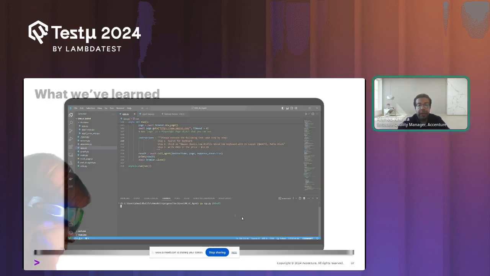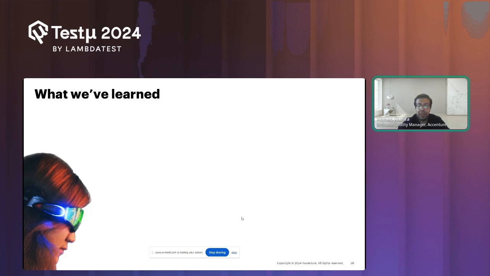So I think this was a demo that I wanted to show you, to see together how Gen AI could be used in quality engineering, especially the visual capabilities of the multimodal, and how this could enhance a lot of things, right? So what we have learned: we saw the evolution of visual testing, how it started from pixel to pixel comparison, DOM comparison, and AI visual testing.